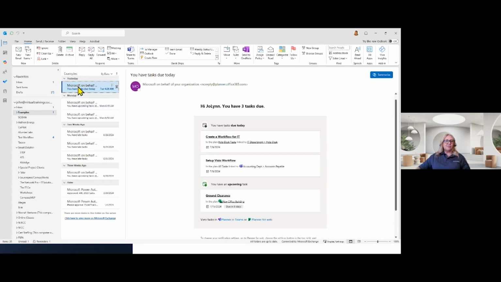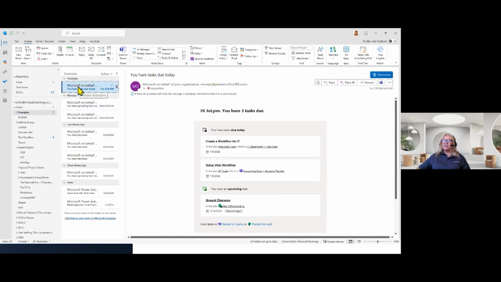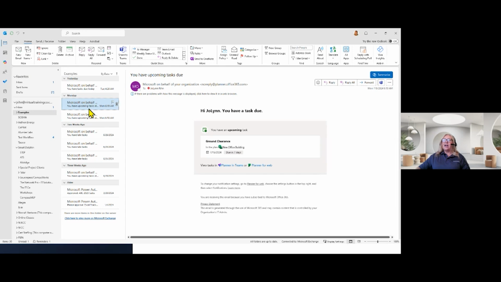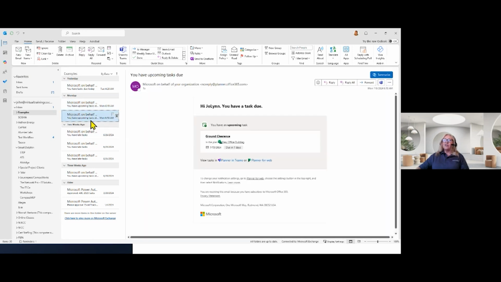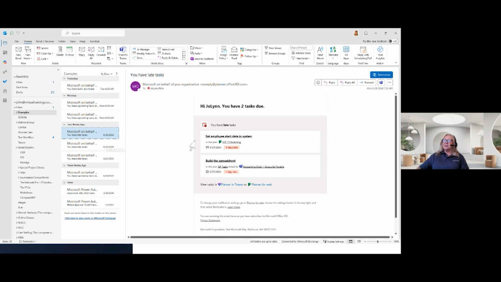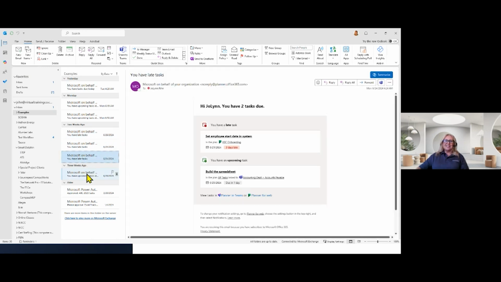Here are some examples of the other notifications that you're going to start to receive. This one is letting me know that I have a task that is due, and it gives me a link to the plan. I can see the due date of it. Otherwise, here's some upcoming task notifications, and here are some late task notifications. So you can see these are the types of notifications that you will